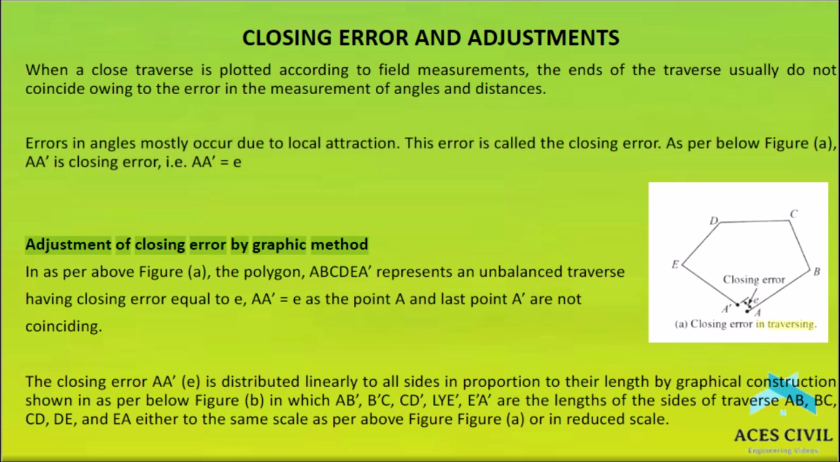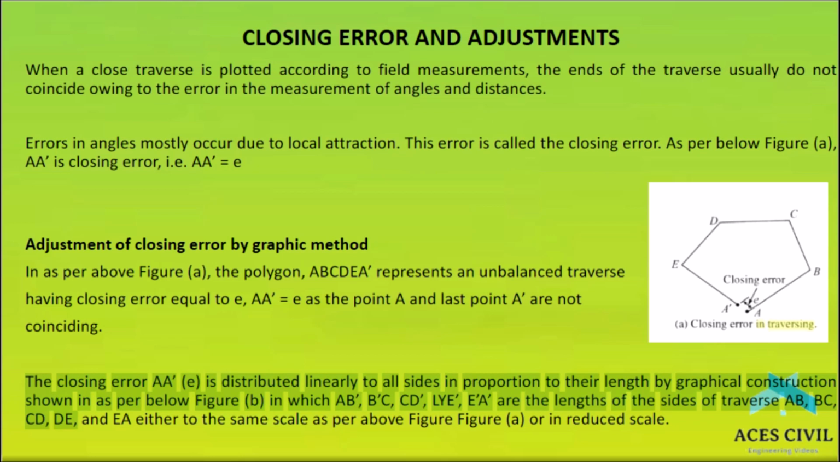Adjustment of closing error by graphic method. As per above figure A, the polygon ABCDEA' represents an unbalanced traverse, having closing error equal to e, AA' equals e. The first point A and the last point A' are not coinciding. The closing error AA' is distributed linearly to all sides in proportion to their length by graphical construction shown